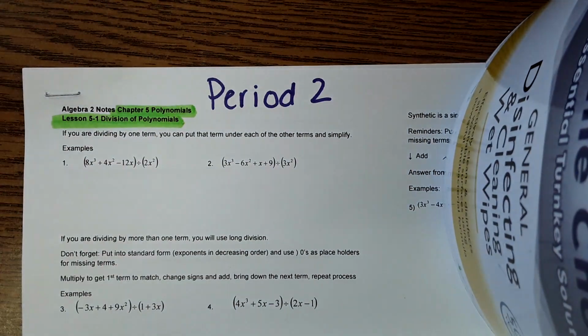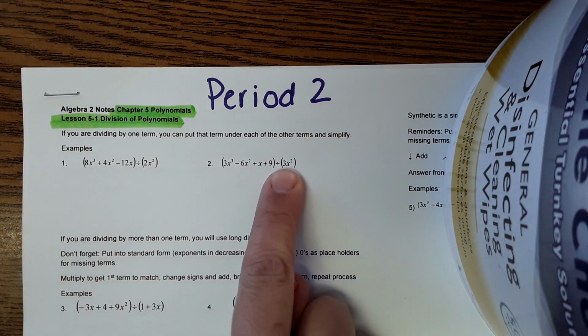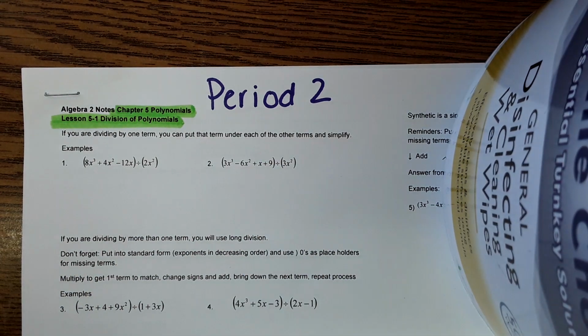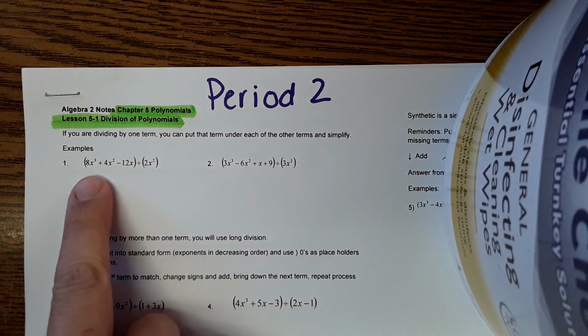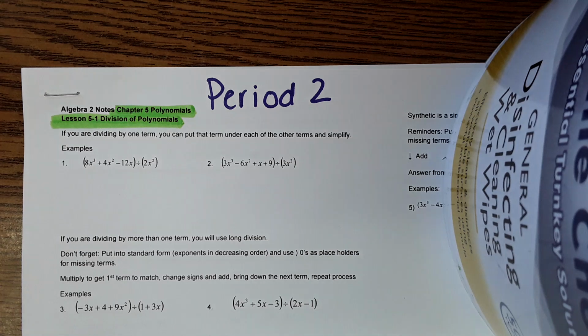Okay, so for the first couple problems, we're dividing by just one term, like 2x squared or 3x squared. When you divide by one term, you can just divide each individual term by that term. And what that looks like is this. I'm going to write it like